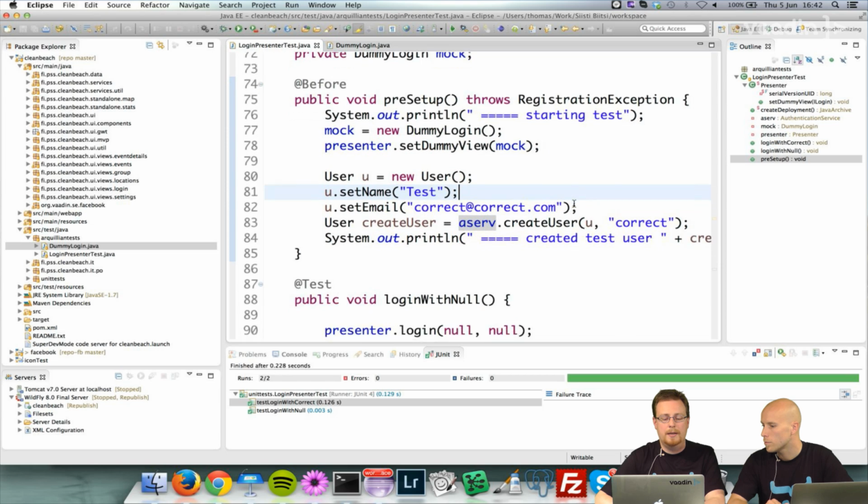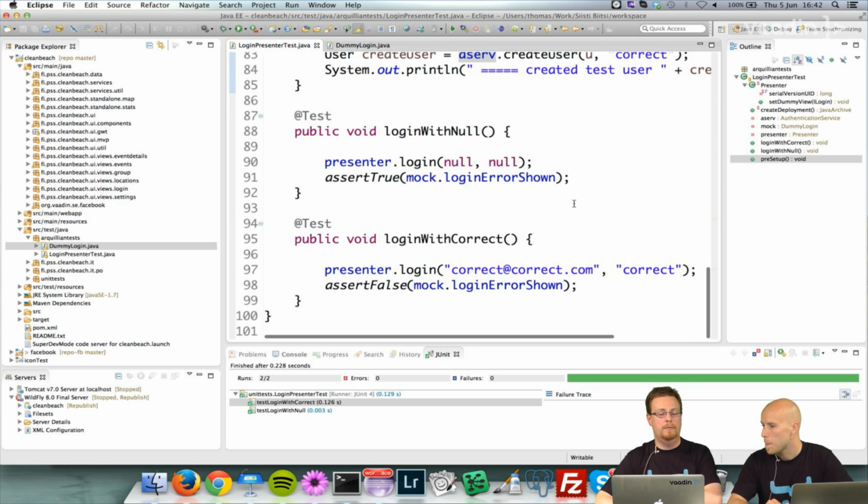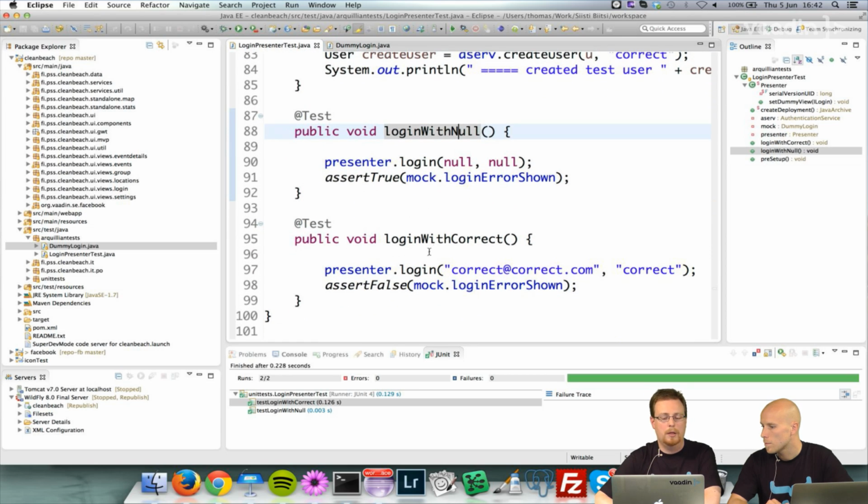And then we have the same two test methods that we had previously, so login with null and login with the correct username and password. So null and null, what happens here is that if this is successful, then the login error will not be shown, but if it's not successful, then we will get an error, and I can assert on my dummy view that yes, this login error was actually shown because that method was called.